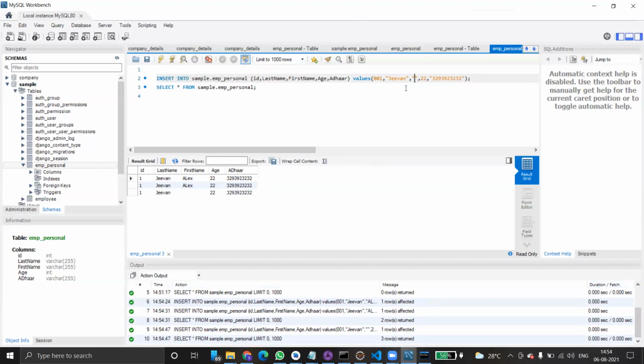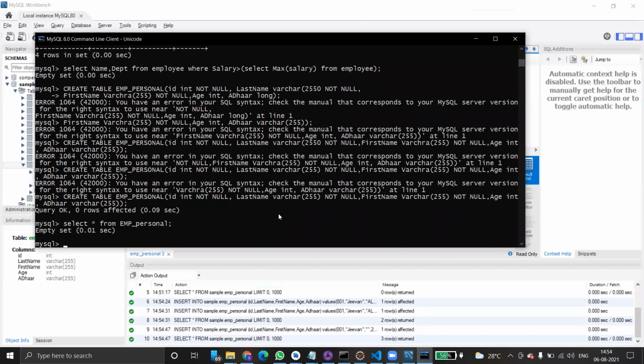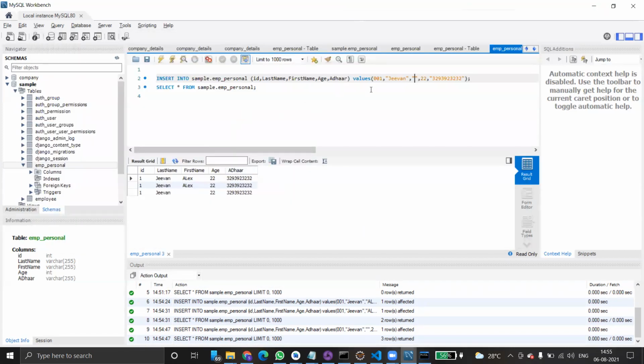See, it's showing empty. But we have already defined the entry called not null. Not null for last name. Oh, first name also. So not null, but it should not take actually. Even empty spaces should not be taken. So where character not null, first name, last name, and integer, 3 should be not null.